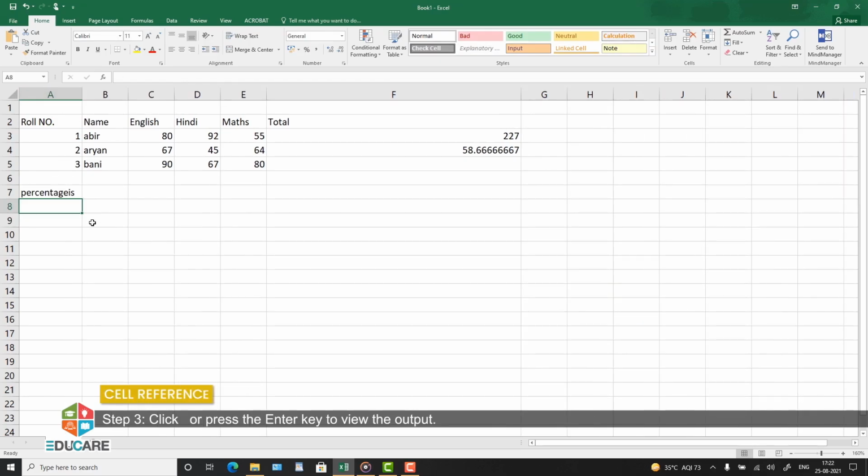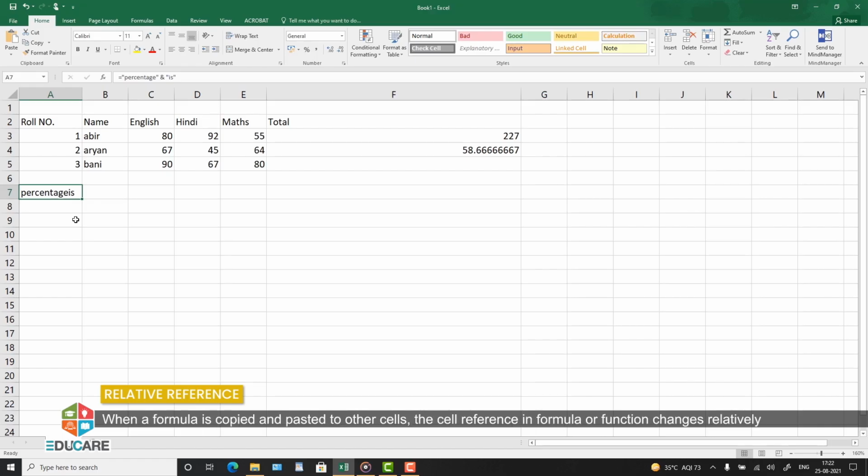Cell references. For identifying a cell or a range of cells in a worksheet, references are used. References also help to look for the values which are to be used in a formula. The cell address in a formula is known as cell reference. There are 3 types of cell references. Relative reference is based on the relative position of the cell contained in the formula. A spreadsheet cell reference, by default, is known as relative reference.